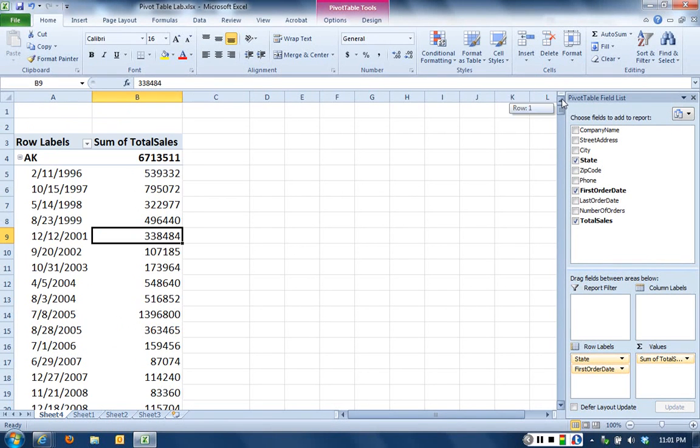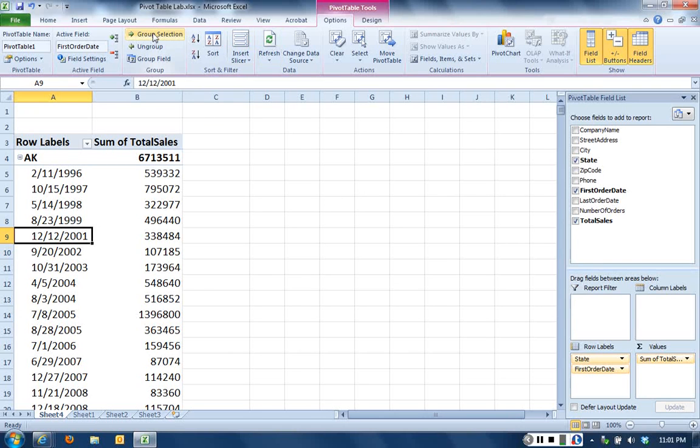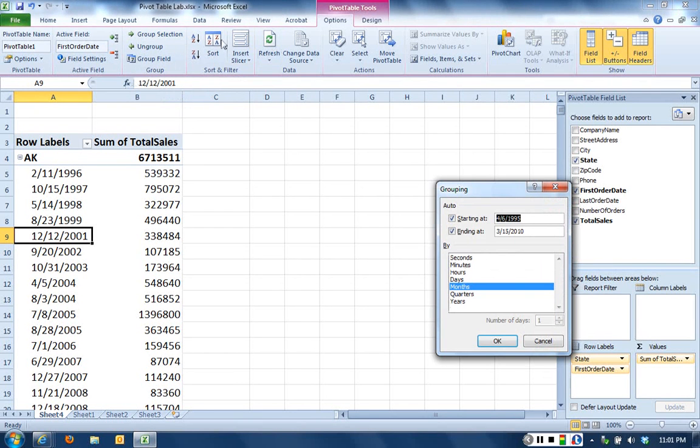I would like to have some sort of a grouping so that I can look at it by year or by chunks of years or something like that. So if I click on this date field, and I go to, again, Pivot Table Tools, and then Group Selection, I get a grouping, and it says starting at, ending at, and then I've got by, and then I can choose seconds, minutes, hours, days, months, quarters, or years. I'll choose years. So if I select years and OK,